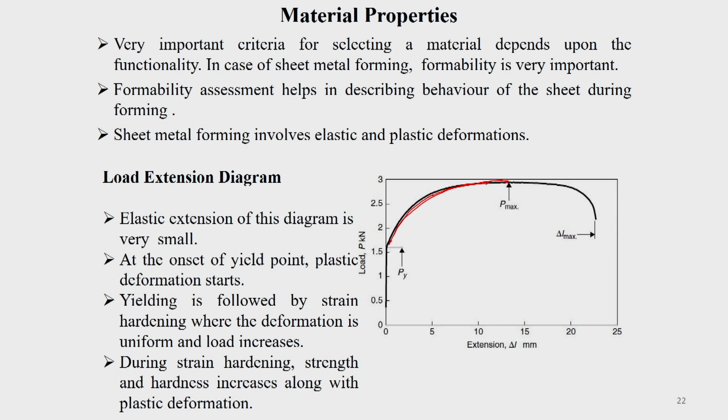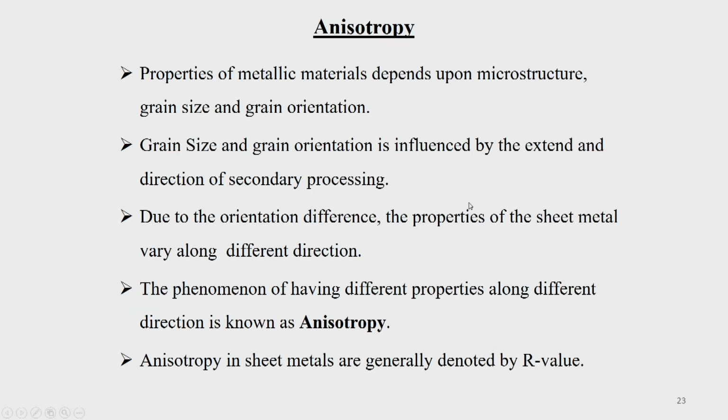Okay. So, during the strain hardening, from the yield point to the ultimate tensile strength, the strength and the hardness of the material increase as the plastic deformation increases. So, that is one thing. Maybe after this deformation, you may get a material having higher strength and hardness. If that is required, we can use it. If that hardness and strength is not required, we can give an annealing heat treatment so that it will be nullified. Okay.